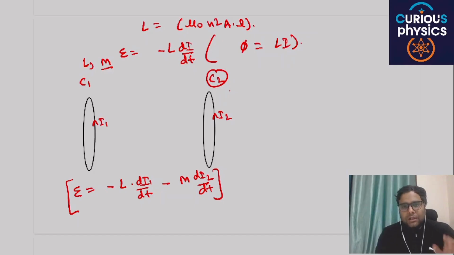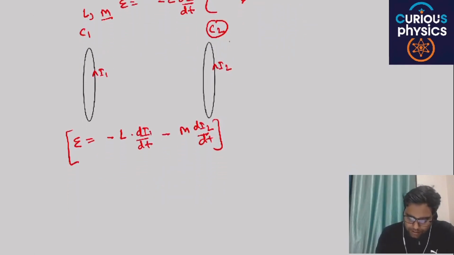You just have to put the setup and find the value of induced EMF. You do not have to find the value of magnetic flux every time, because that will increase your calculation part. So this is nothing but to make things easier for you. Self inductance and mutual inductance will help you indirectly to calculate the value of magnetic flux. Are you able to understand my point or not?